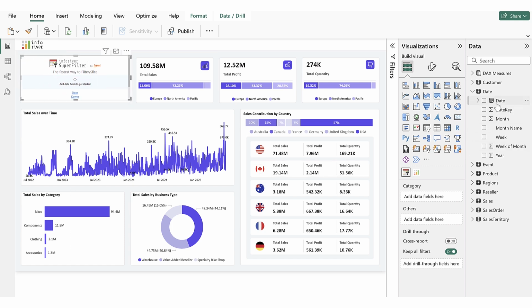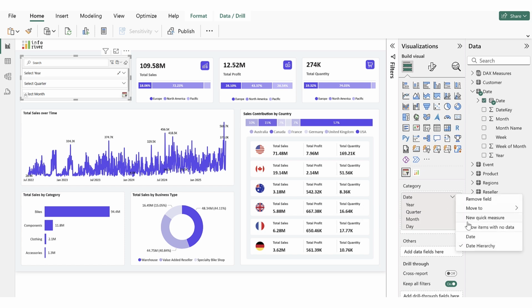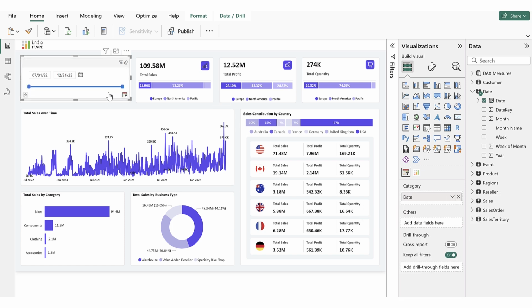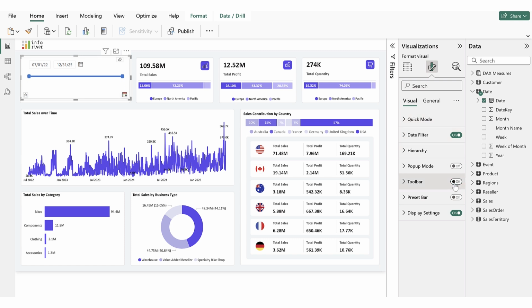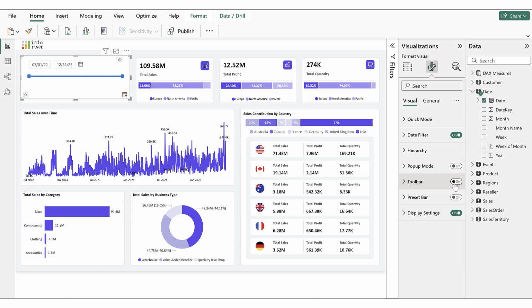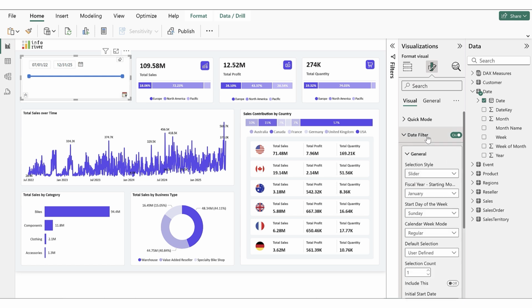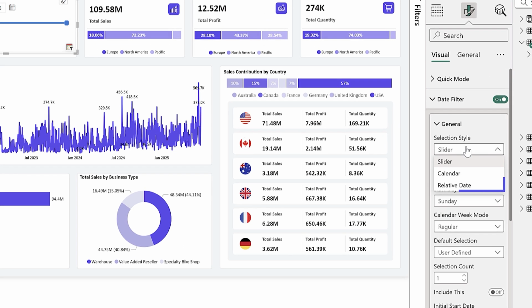Next, populate the category field with the date column. By default, the date slider appears in the report. To enhance visibility, we navigate to the Format pane, disable the toolbar option, and switch to the relative date filter. To do this, we go to the Date Filter section in the Format pane and select Relative Date under Selection